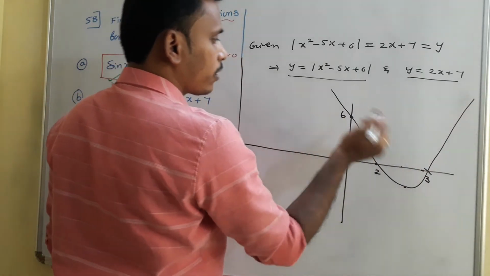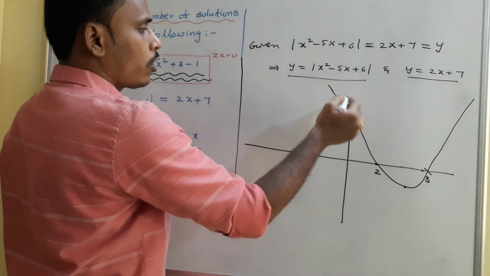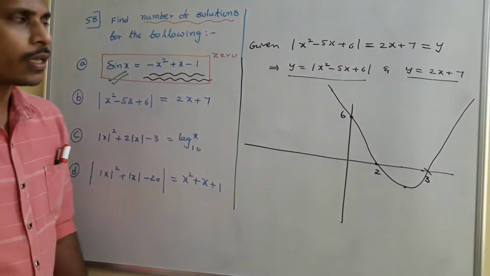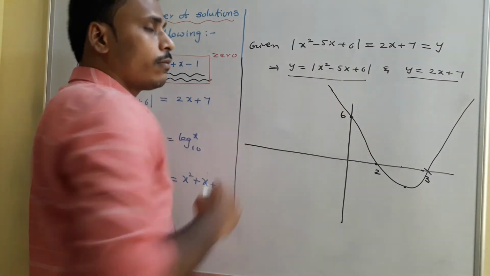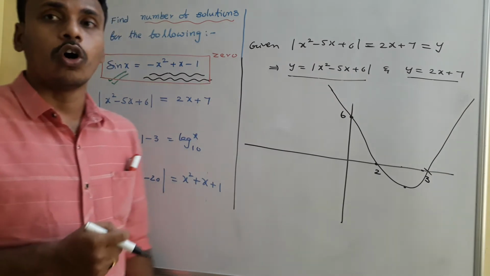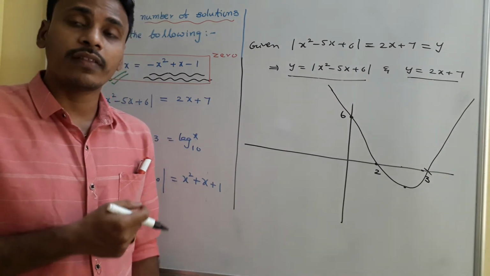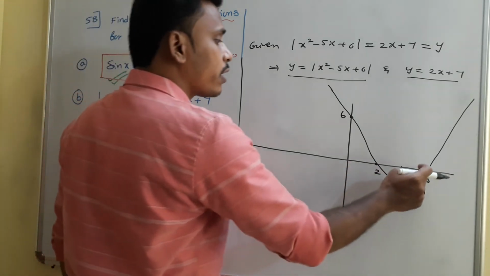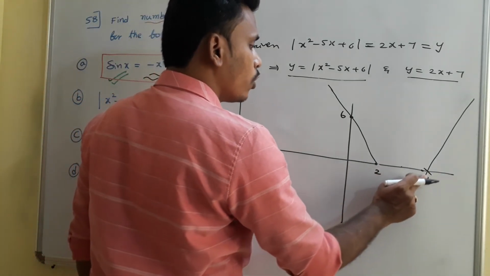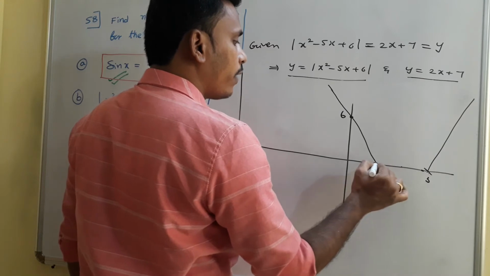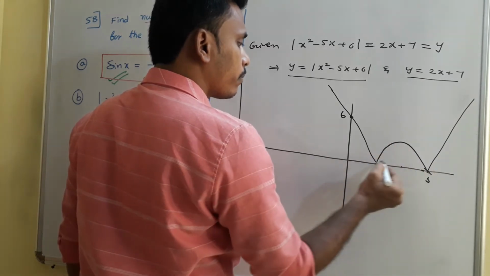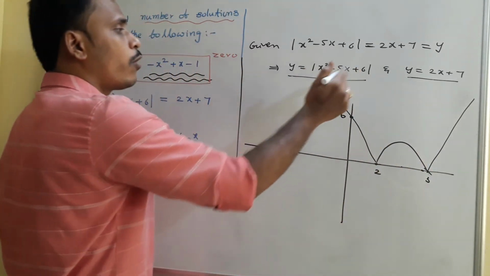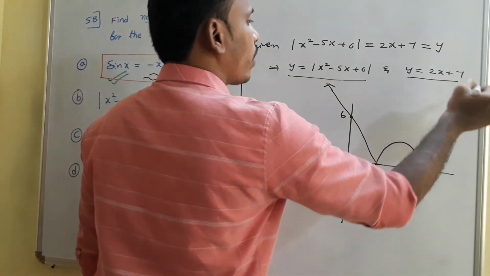Okay, this is 3, you may say. It's a rough sketch actually. It's an upward parabola. And since modulus is involved, that modulus will make the negative values also positive. In the sense you need to flip this negative region into the positive region. So neglect this part and then flip it in such a way. So now this is the graph of modulus of x square minus 5x plus 6.